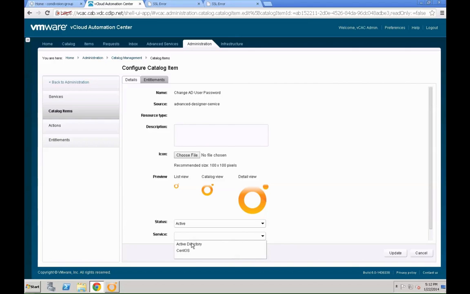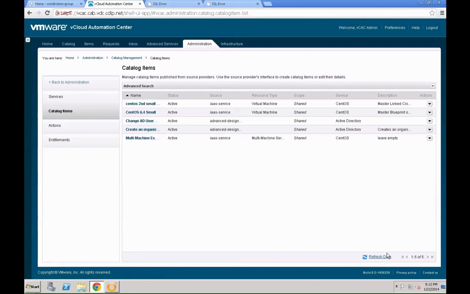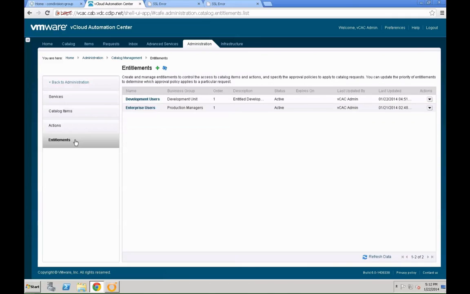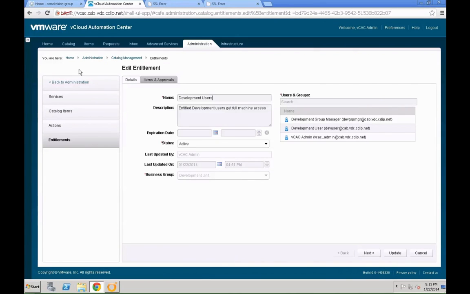We have done that before in some of the other demonstrations. So select the catalog item, pick the specific change AD user, click configure. We need to attach it to the service. We are going to leverage the Active Directory service here. Hit the update button, and then go to the entitlement of our development users in that case, and within that entitlement we are going to click the edit button,